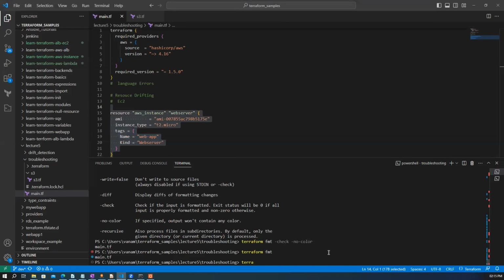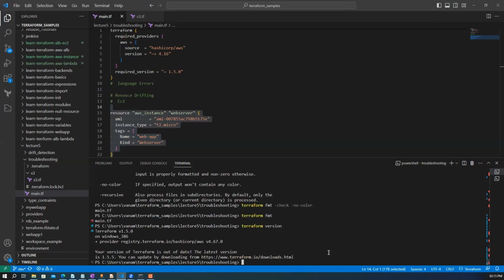To avoid that, every time you can run Terraform version, which will basically print out your current version, and also say what is the latest version available for you to download. So you don't need to always go back to the Terraform site and find out what is the latest version. It is clearly saying that the version you are currently using is out of date. Some of the features which you may use might be deprecated, or they can't function as you were expecting. So in those scenarios, you can just issue the Terraform version command. So that's a quick overview of what exactly the version command does, and the high level overview of what format and